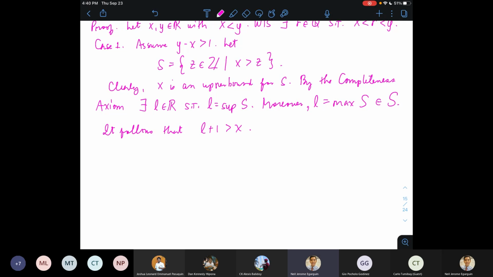Nawala rin ako. Bakit? Bakit yung L plus 1 ay greater dapat kay X? Ano yung alam natin about L? So, alam natin si L ay yung maximum. Pag nagdagdag ako ng isa sa kanya, dapat mas malaki siya kay X. Because otherwise, anong mangyayari? Kung si L plus 1 ay mas maliit kay X, anong mangyayari? Anong consequence nun? So maybe I should put that here because otherwise,